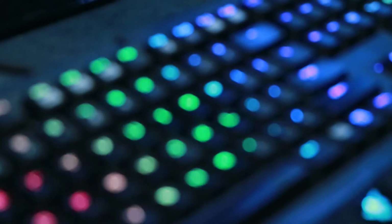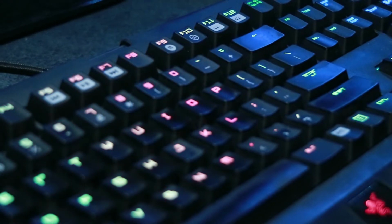Today I want to talk about a piece of gaming gear that I've had for about a year now, and that is that bad boy over there, my keyboard. That is the Razer Blackwidow Chroma. The reason why I wanted to bring it up is that I've seen a few people online, especially on Facebook, have been asking about peripherals. I think coming up to Christmas time as well, people are going to be thinking about what they can buy